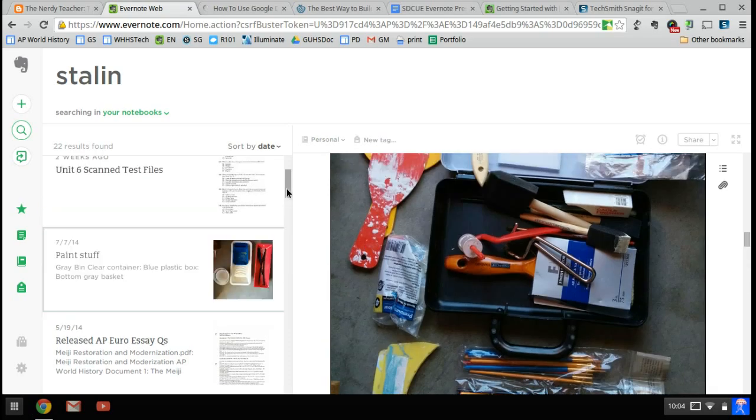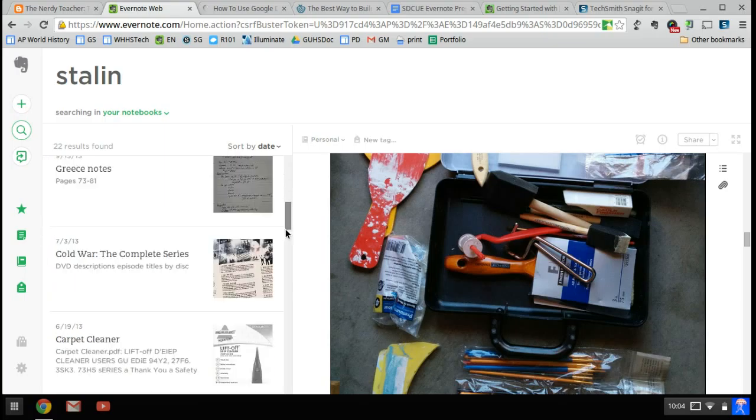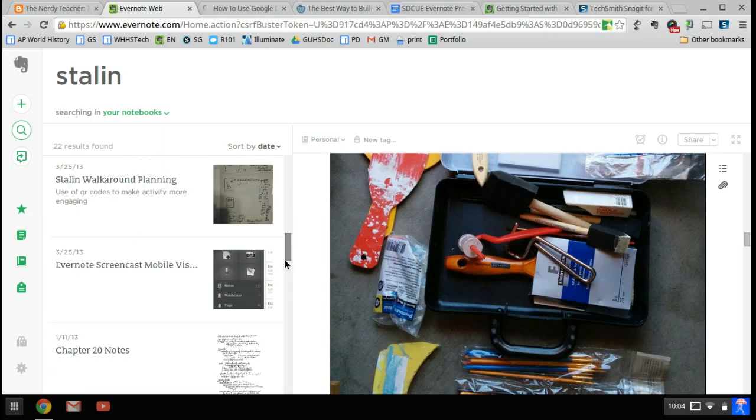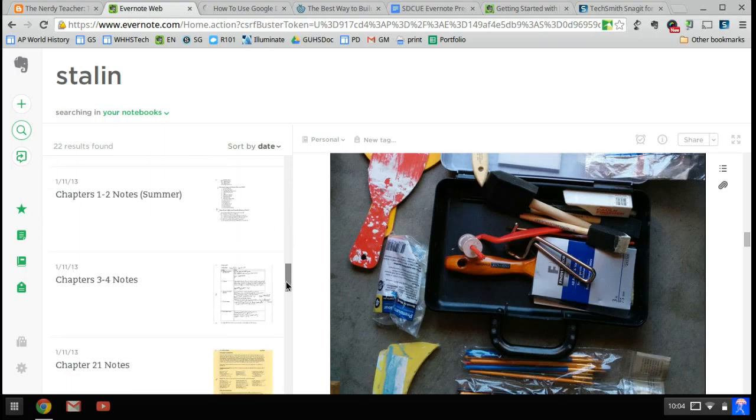There's going to be some ones that are irrelevant, but if I look at the titles of my notes, I should probably know where to expect to find it, and that's a pretty useful tip. What I think is really good for a classroom setting is that maybe students are taking notes and they have a bunch of documents, pictures of it, or you can at least have a good searchable database of things that are both handwritten and photographed and brought in from electronic